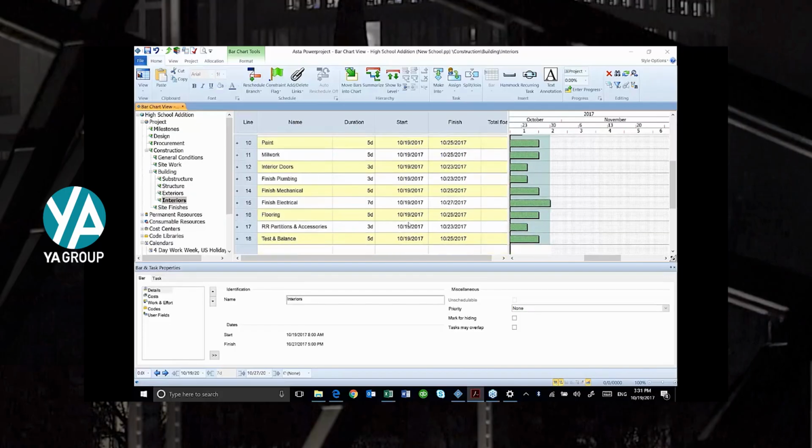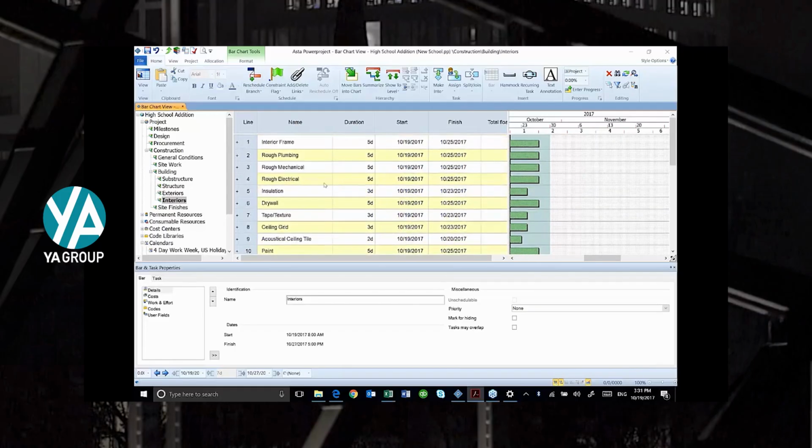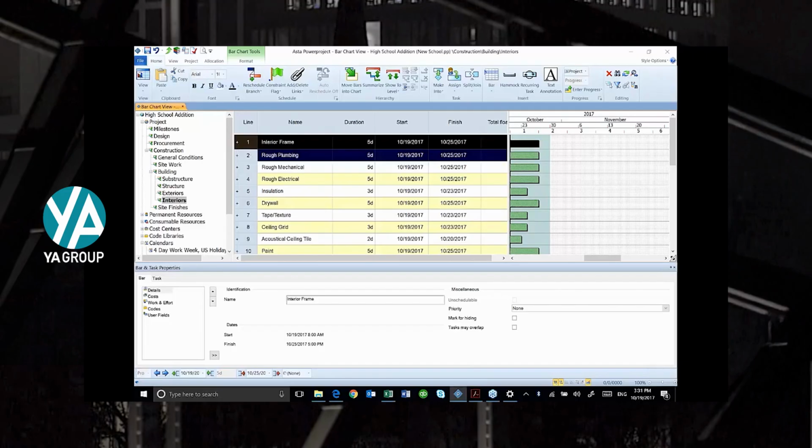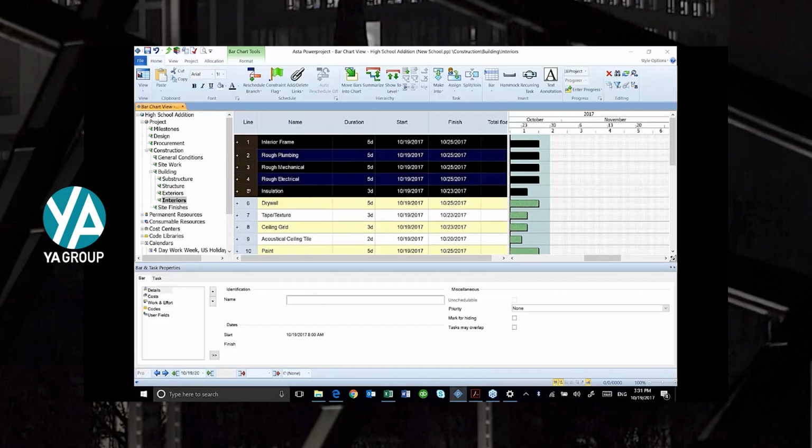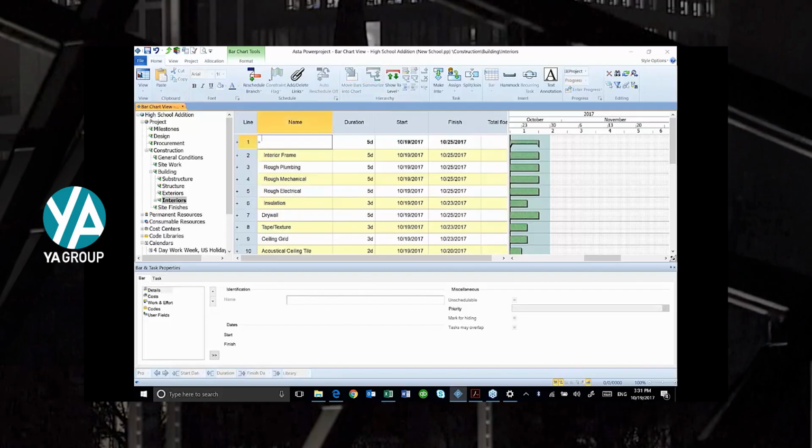And so in this case, if I decided I wanted to break out the rough ends from my interior finishes, well, I can do that. Right now, everything is under the title interiors. But if I go over here into my interior frame and my plumbing, mechanical, rough insulation, all the way up through insulation, I'm going to summarize those. On my home ribbon, I can go up here and say summarize, and I'll call this rough ends. It added that line, that summary bar